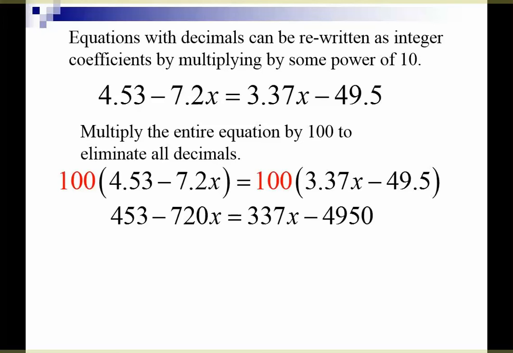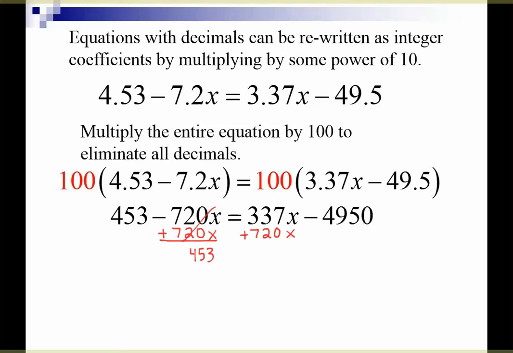Okay, I'm hoping you hit pause there and tried this one on your own. Let's begin by collecting variables. So we're either going to take away 337x or we're going to add 720x. I like to stay in positive land, so let's add that 720x. You want to be very organized with your work because we're doing so many steps, it's just easy to make mistakes. Okay, notice that x's are going to cancel on the left hand side, and we're going to be left with